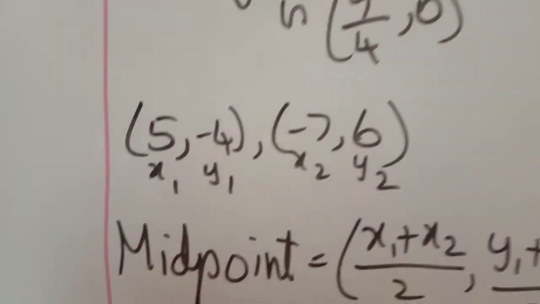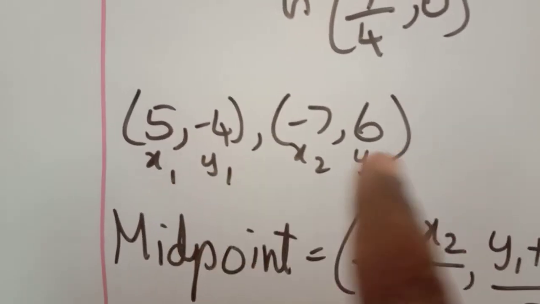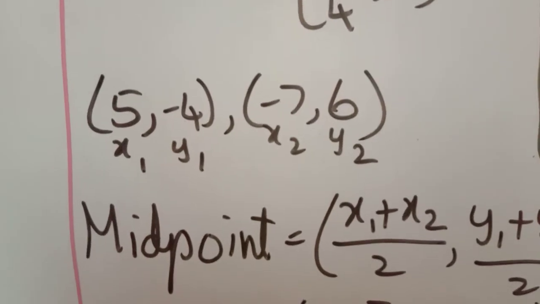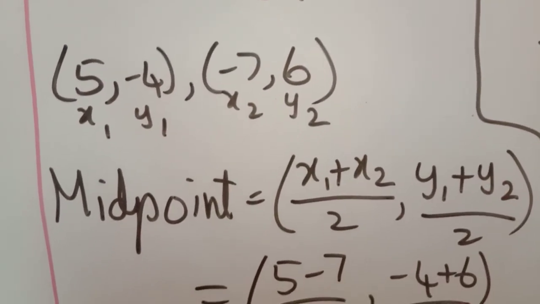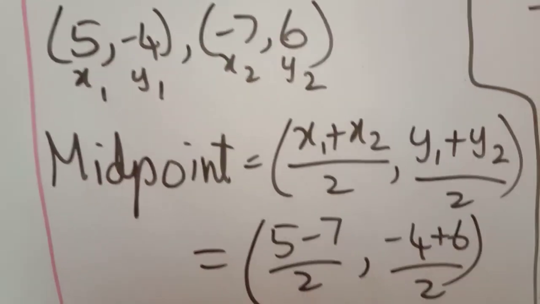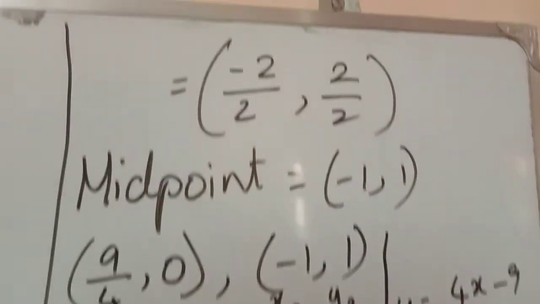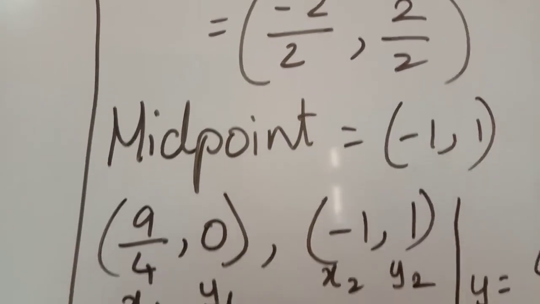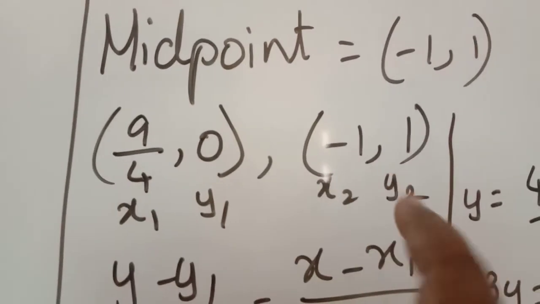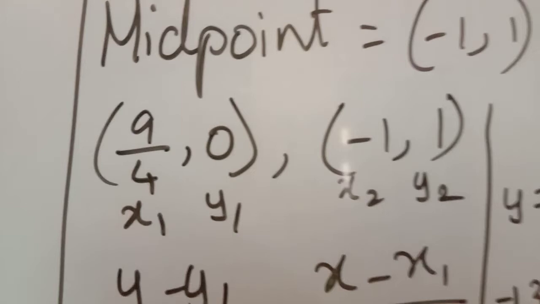y value is 0. Next, bisecting the line joining the points. So bisecting means we have to find the midpoint. Midpoint formula: x1 plus x2 by 2, comma y1 plus y2 by 2. So substitute the values here for x1, x2, y1, y2 and we get the midpoint as minus 1 comma 1. Okay. Now the point of intersection and the midpoint. Using these two we have to write down the equation of the required straight line.